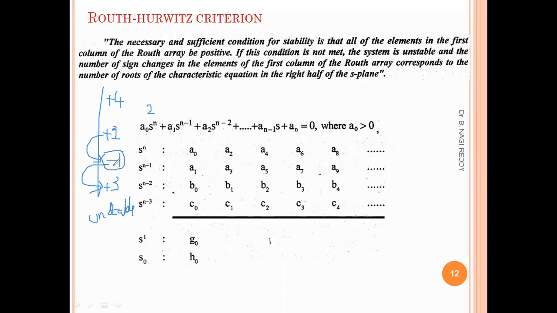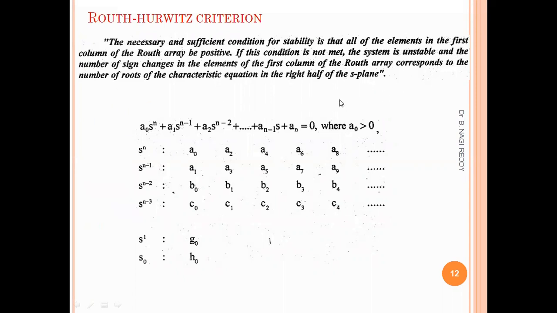Still, we can comment on the roots also based on the number of sign changes that we have. If the number of sign changes is 2, then the number of roots on the right side will be 2. This is how we can determine the stability, and not only the stability, we can also comment on the roots. Of course, we cannot calculate the roots exactly, or the detailed stability condition, but we can estimate the stability, and we can estimate the number of roots lying there.